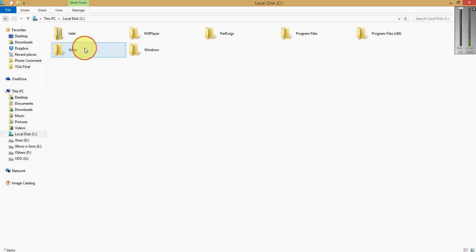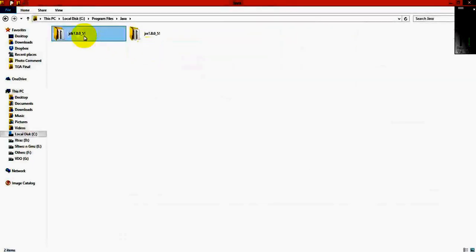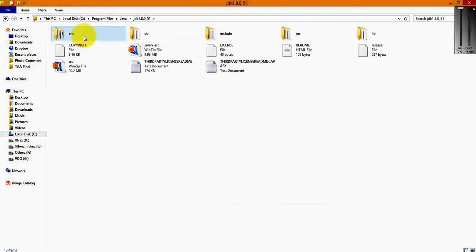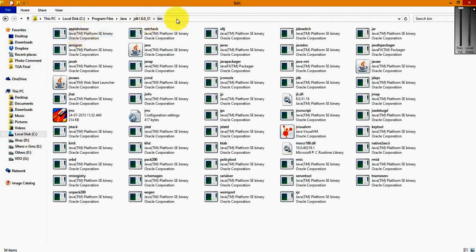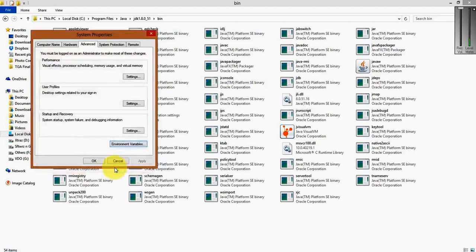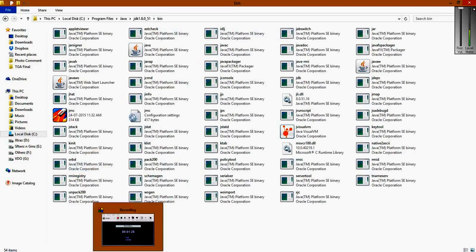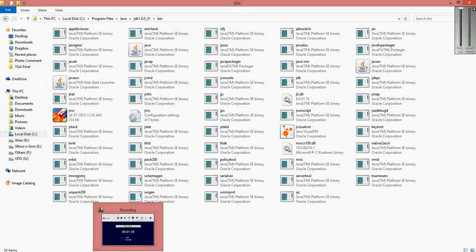That is from C, Program Files, Java, get into the JDK, then bin. Right click here and copy address as text. Copy this address and paste it after this semicolon. Hit OK, OK, OK.